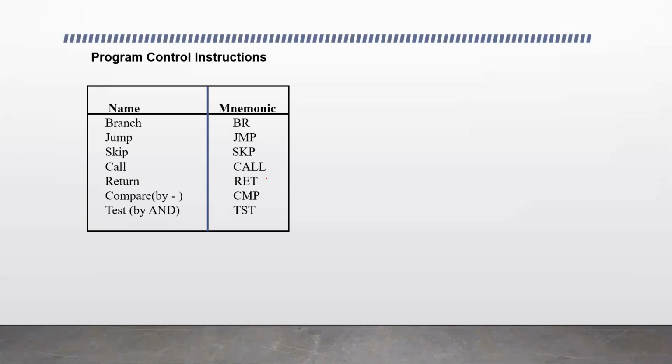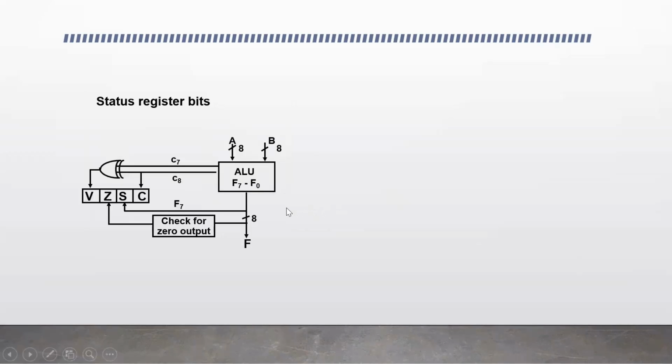And then, we also discussed compare and test. The compare and test instructions are used to test some conditions by comparing or by performing AND operations. The operands are tested or compared, and these instructions are used to set the flags, the status conditions. And some status bits that are set as a result of some operation that the ALU performs are overflow,